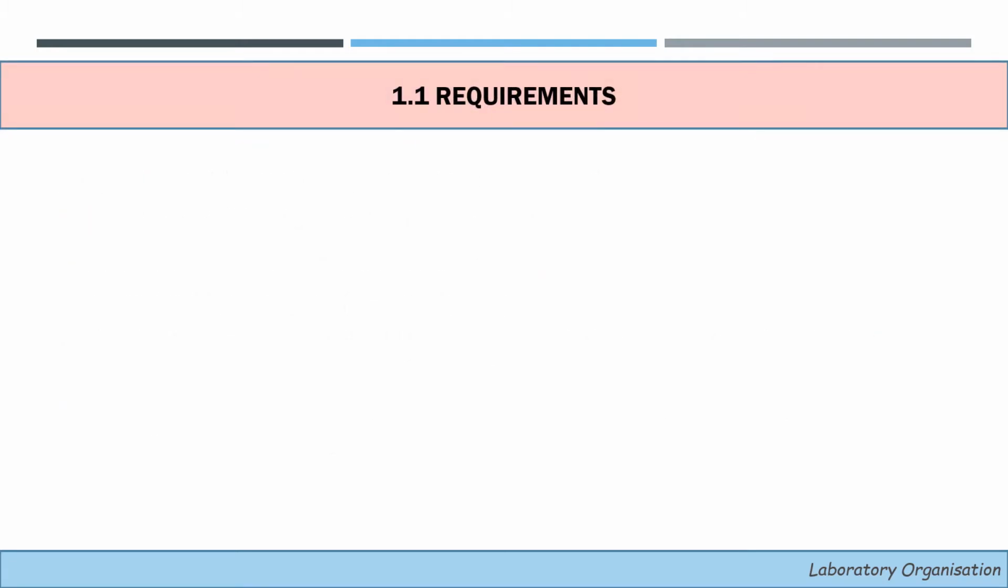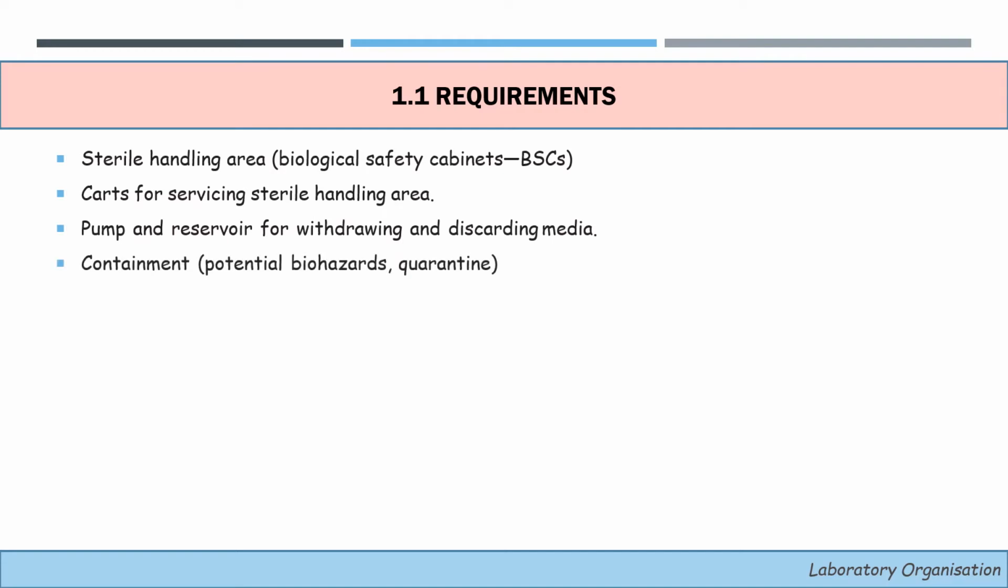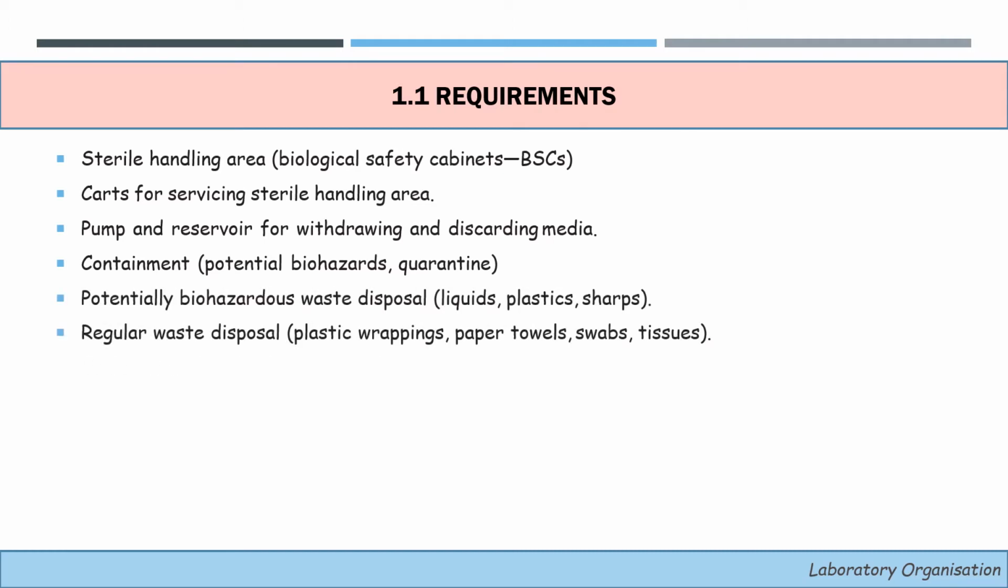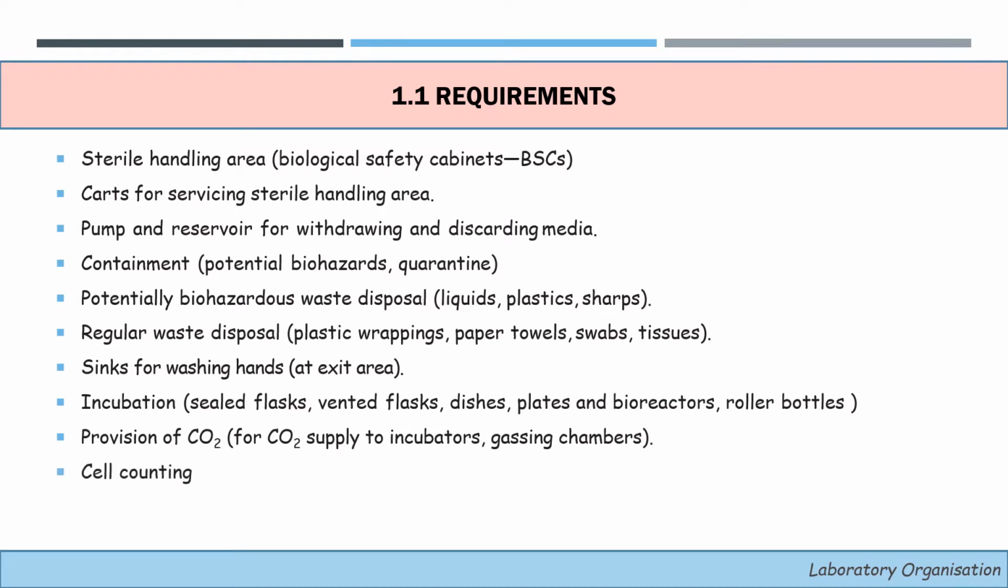The basic requirements for an animal cell culture laboratory must include a sterile handling area, carts for servicing the sterile handling area, a pump and reservoir for withdrawing and discarding media, containment and quarantine areas, waste disposal for potentially biohazardous materials, regular waste disposal for plastic wrappings, used paper towels, swabs, tissues, etc., sinks for washing hands, incubation, provision for carbon dioxide, supply to incubators and gassing chambers, cell counting,